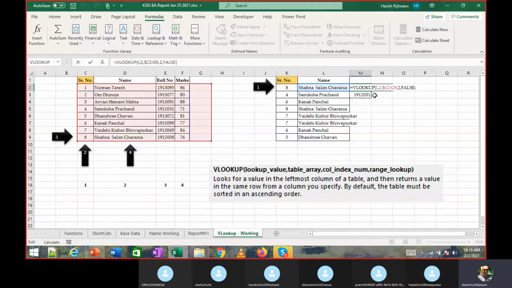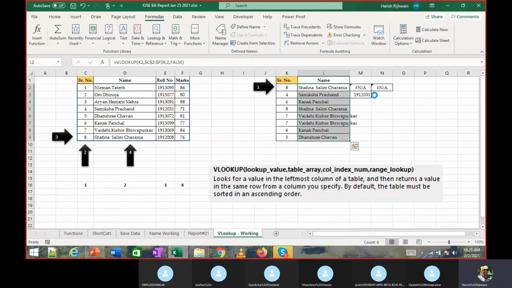Okay, that is the purpose of that dollar symbol. So both should be dollars in our case. When I do that, I get the right value. Understood? VLOOKUP.